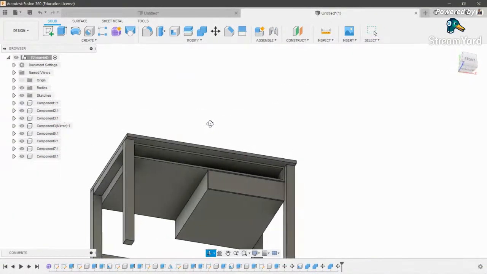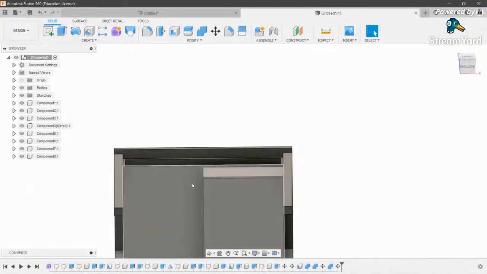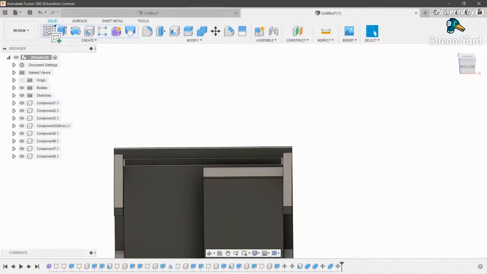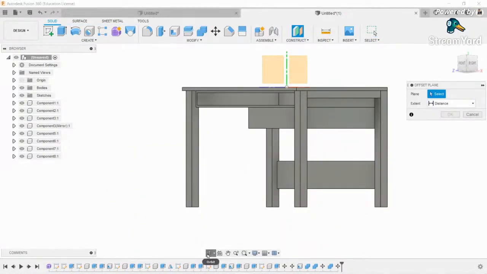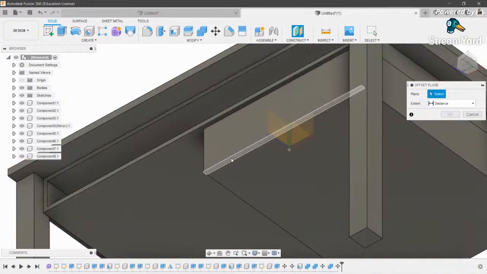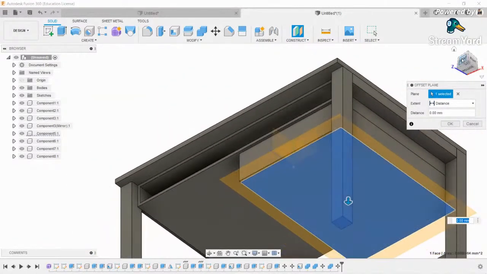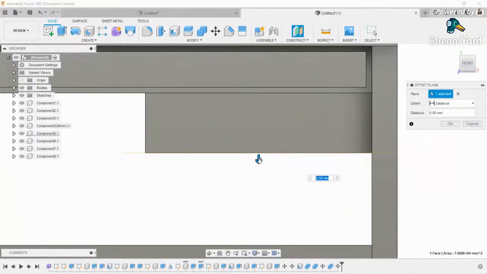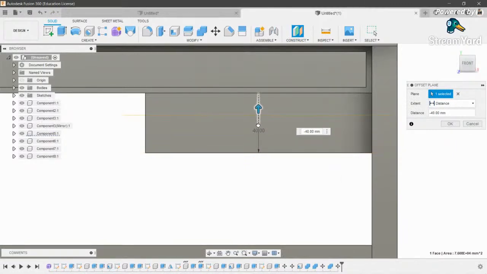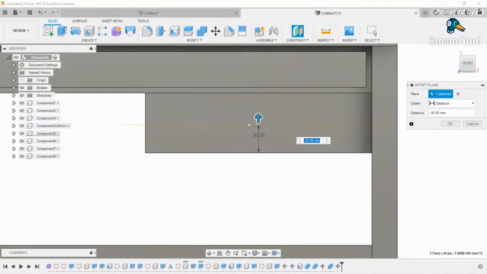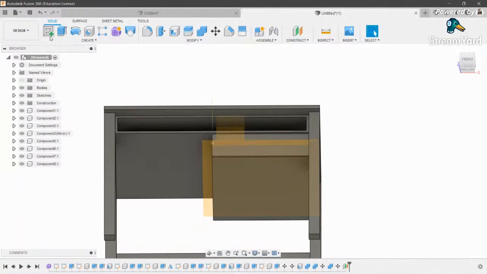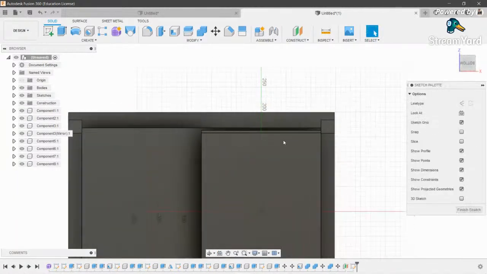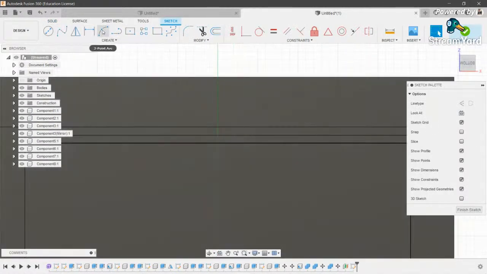Now I'll make a small handle. So for that, I'll just go here in the create sketch. Before that, I'll just choose a construct plane, and then I'll click here, or let's say here, and then I'll keep it on the area where I want to make my handle. So let's suppose I want to make it here. So then click OK, and then go to create sketch, choose that plane,